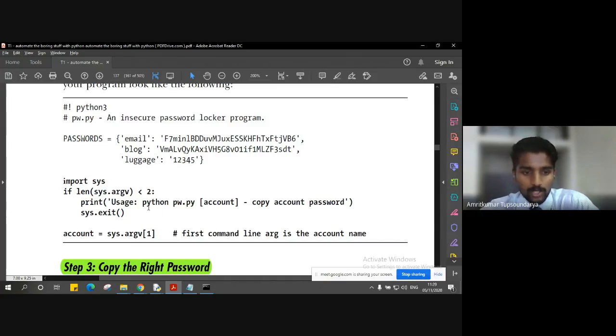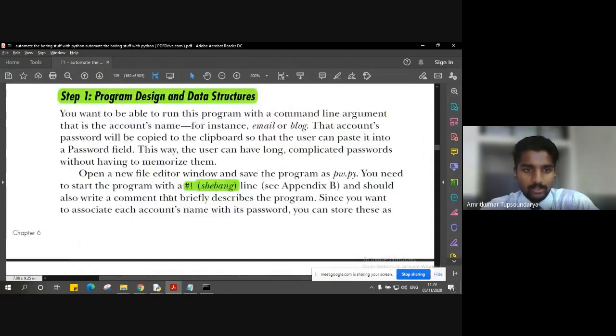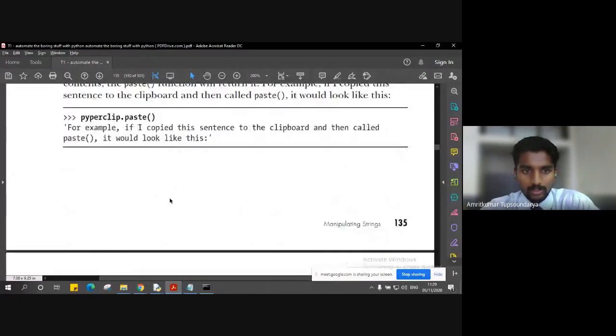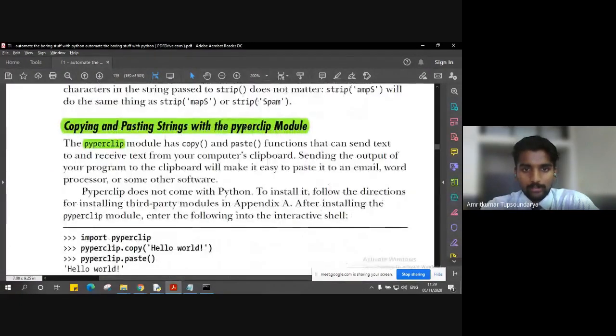In order to do that, as we have seen in the previous class, we have a module called pyperclip. It is used to copy as well as paste a text or a string. It is a module which copies a text, temporarily stores it in its internal clipboard, and then you can paste it wherever you want, either in the program or in the terminal at the output.